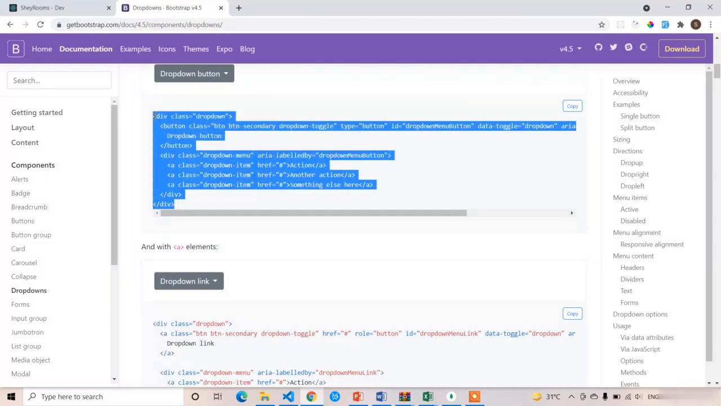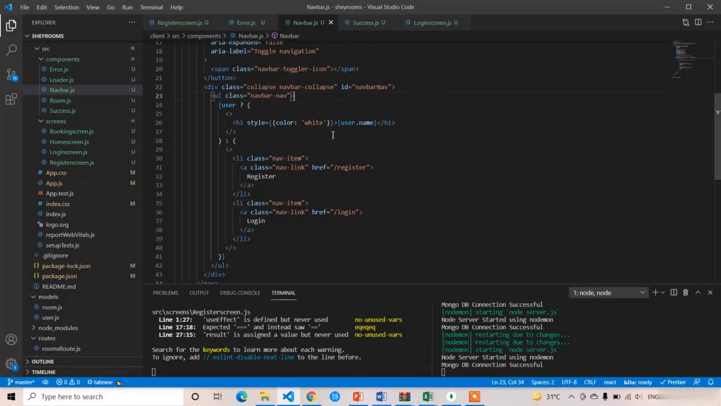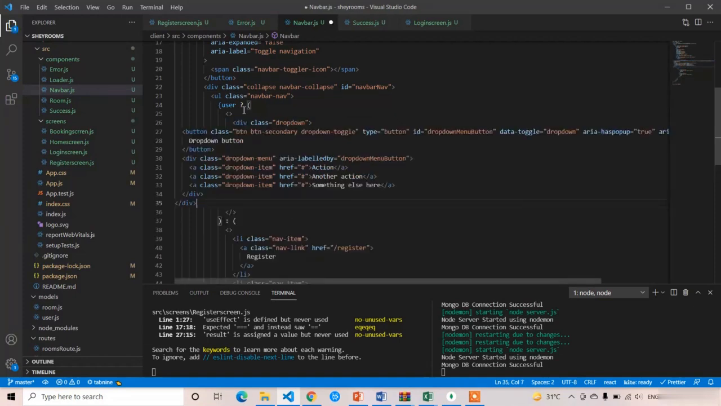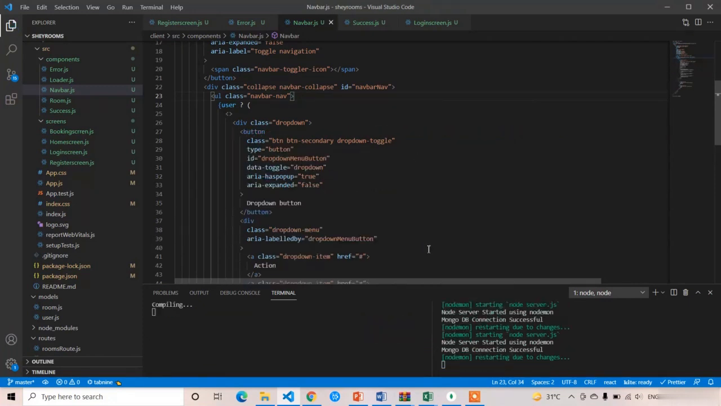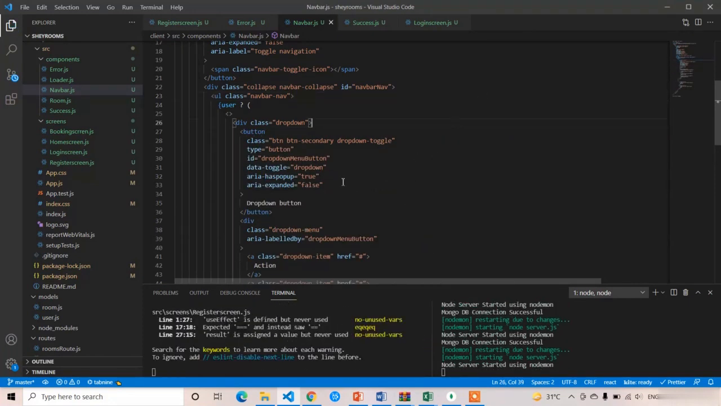So copy this Bootstrap drop down and paste it in the first part. That means if the user is already logged in, paste it here. Control S, format document. So here I am going to show the button name as our username, user.name,